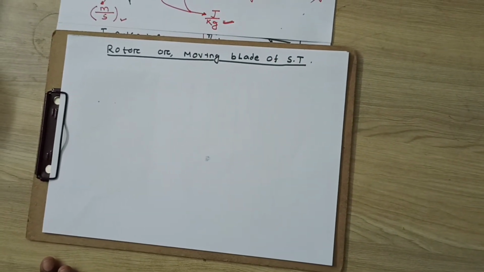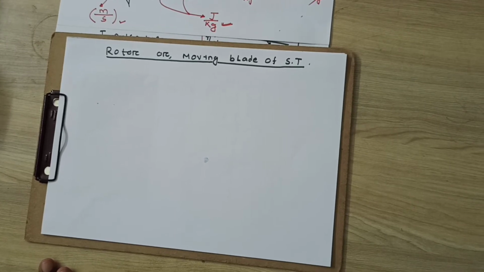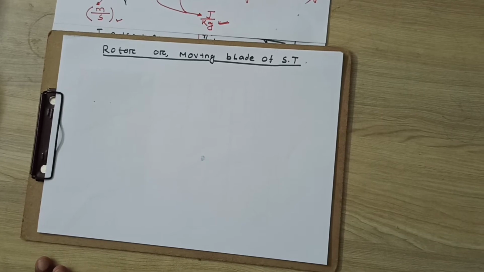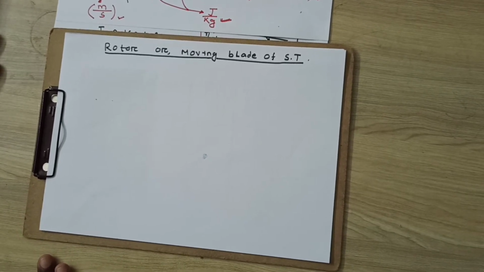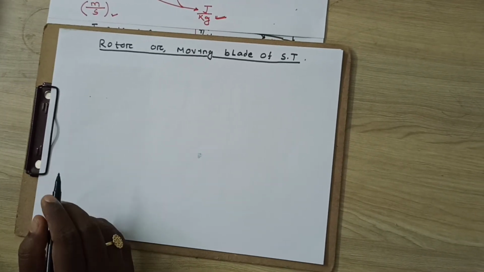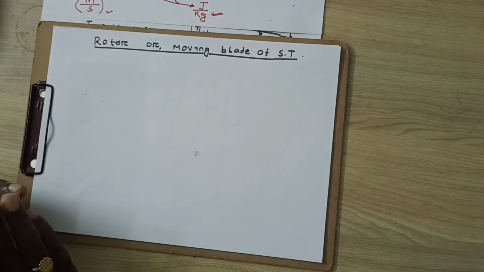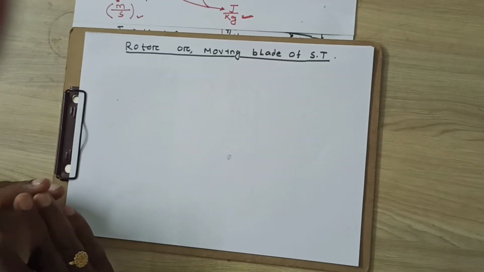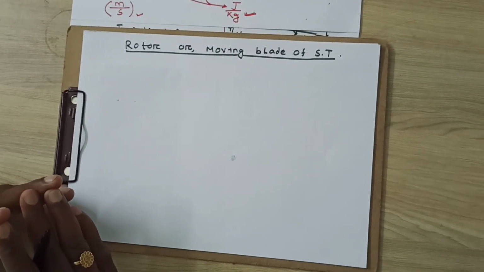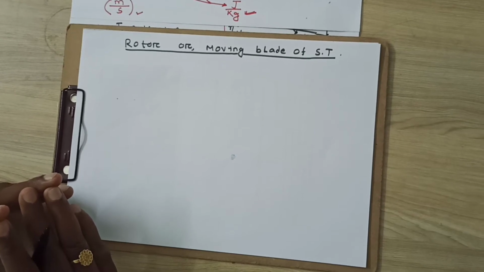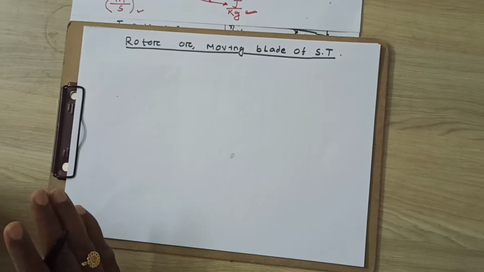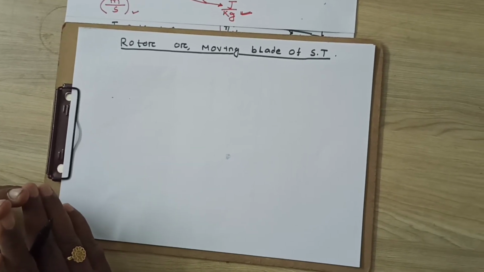So first thing, we will have to develop the velocity triangle for the steam turbine. Then only we will be able to calculate the force and the power developed by these blades. Many velocity triangle procedures have been given, but I am giving you a more student-friendly, user-friendly approach. Try to learn and memorize this, because it follows the natural process, so it will be easy for you to memorize.